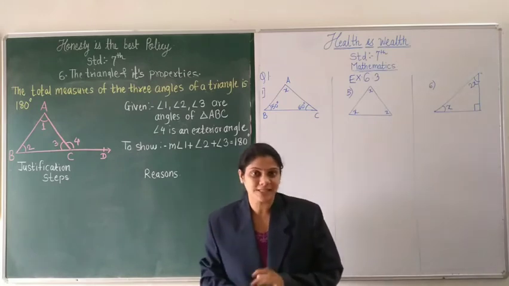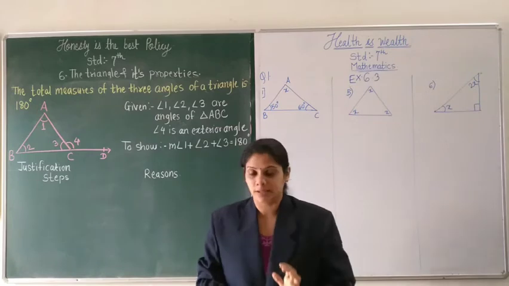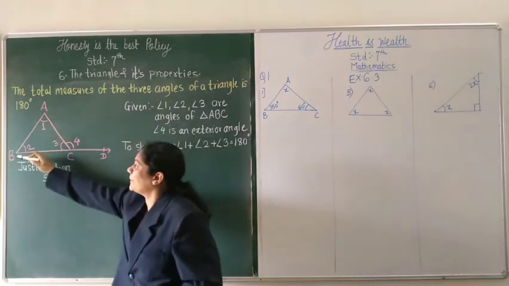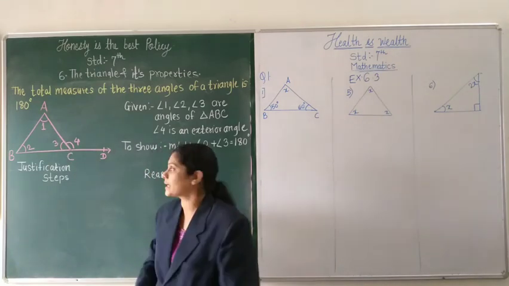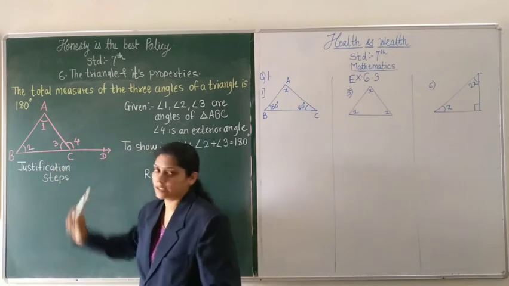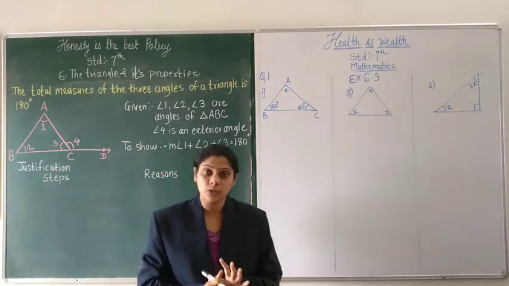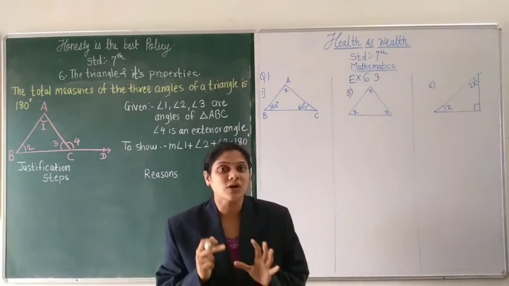With the help of this statement, we are going to draw a figure. Look at here, I have already drawn a figure, triangle ABC, and it has three angles. I am numbering them here as 1, 2, 3. And related to these three angles, we are going to prove that the sum of the measures of these three angles